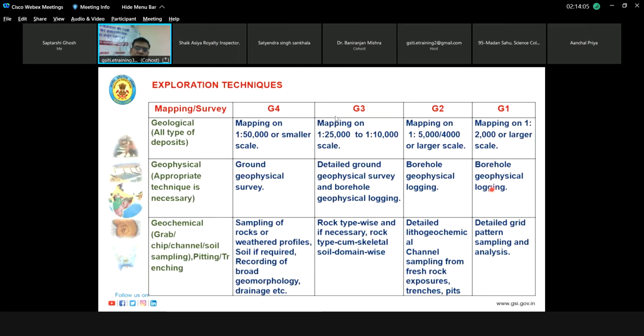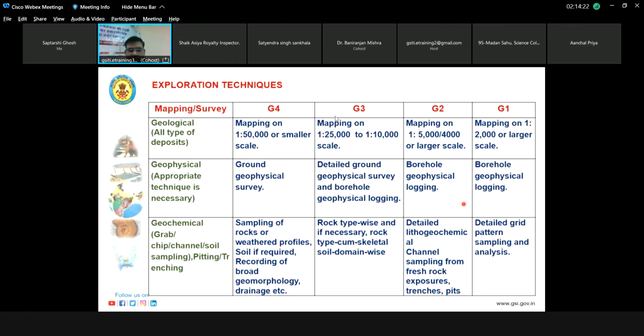In G4 we have to do only ground geophysical, but in the subsurface we don't know. That's why when you put a borehole, we can put a borehole also in G4. We can also make it blocked by geophysical people. And in G3 it is most, and in G2 it is definitely there, and we have to know the subsurface